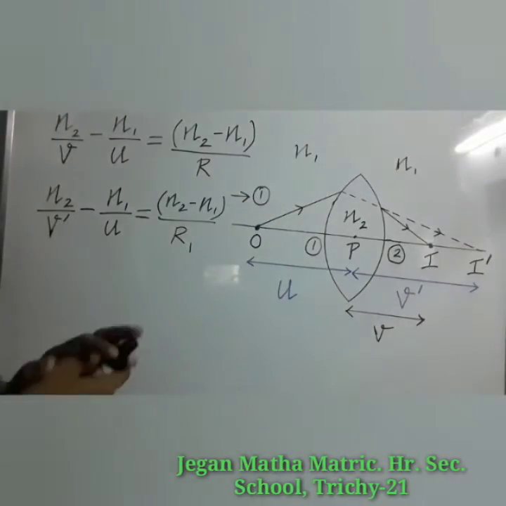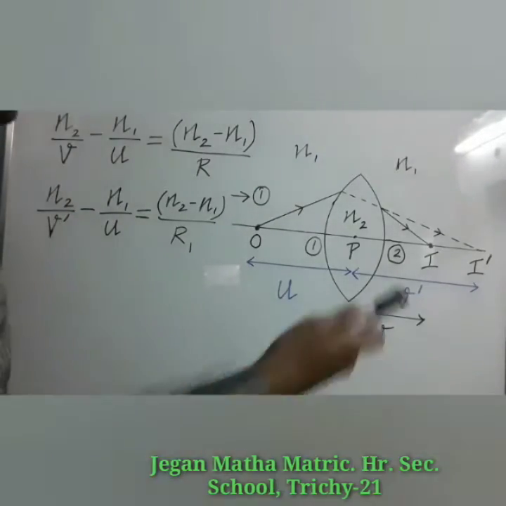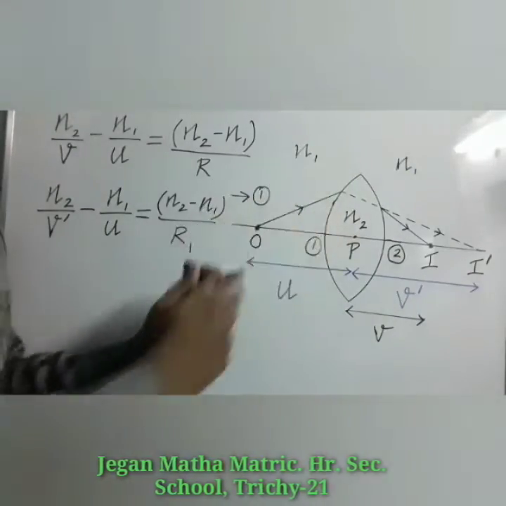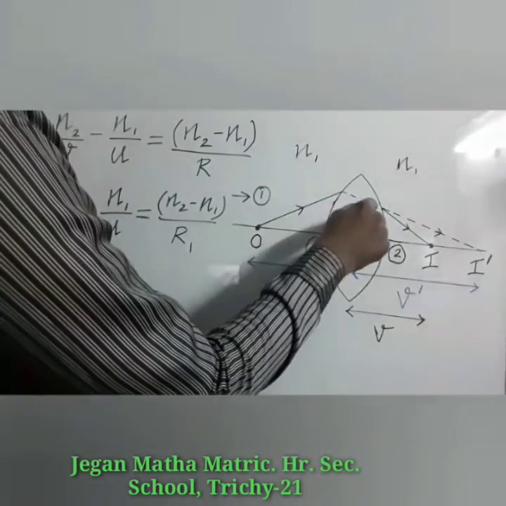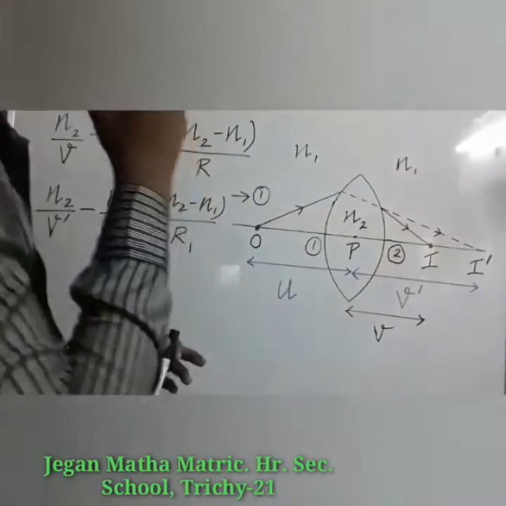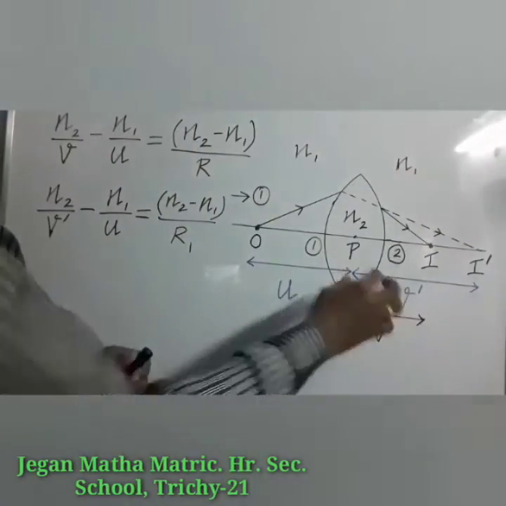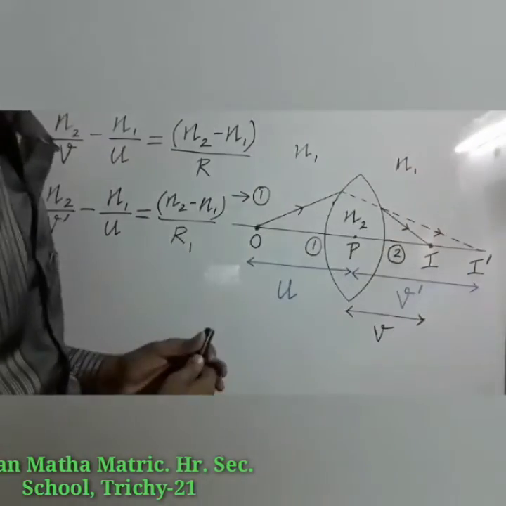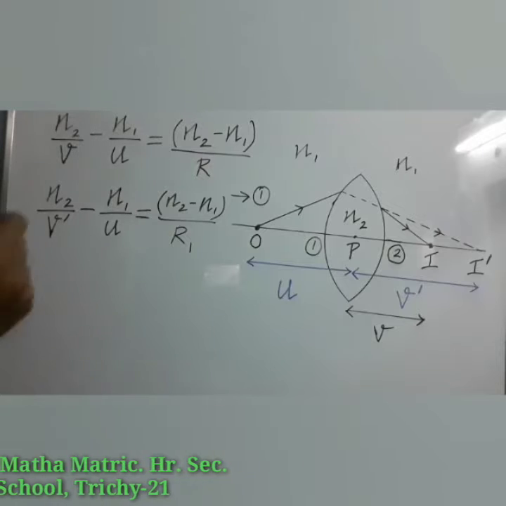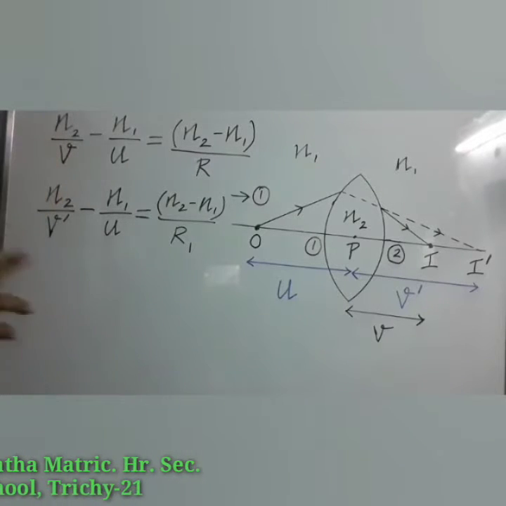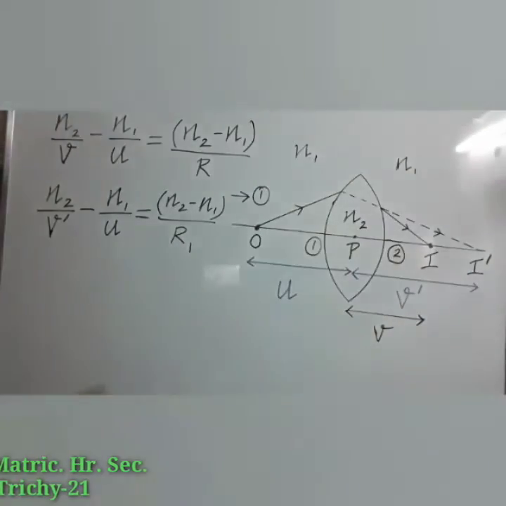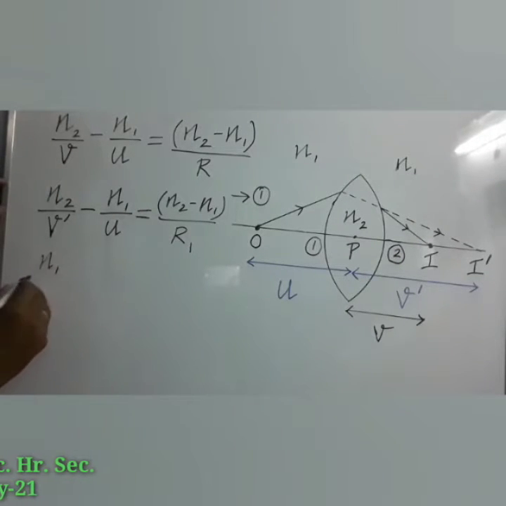Now, like the previous case, we can write the equation for the refraction at the second spherical surface also. For this, forget the first spherical surface and these objects. For the second spherical surface, light travels from N2 to N1. So now this lens, which has refractive index N2, can be considered as the first medium. The image is formed in the medium which has refractive index N1. So using this general expression we can write. In the general expression, N2 is the refractive index of the second medium. For this case, what is the second medium? N1 is the second medium. So we have to change it to N1 divided by V.